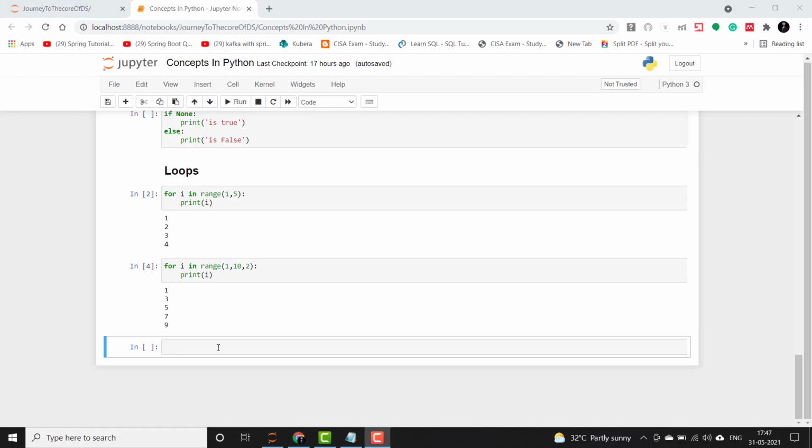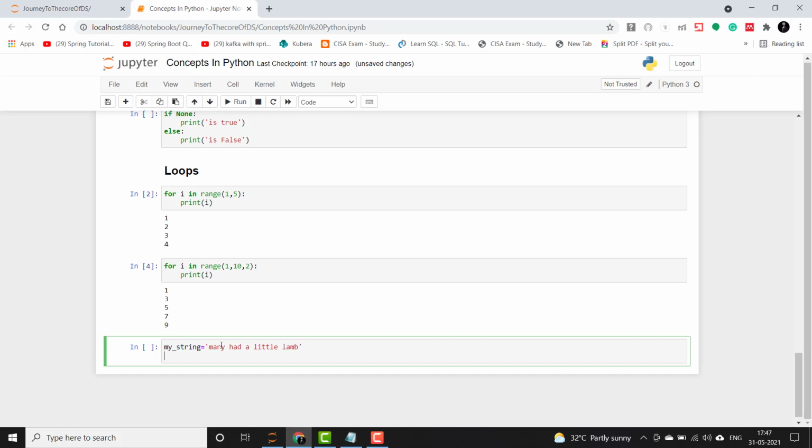Now let's see how we loop on a string as well. Let me say that we have a string, my string equals "Mary had a little lamb". We will check what all characters are there.